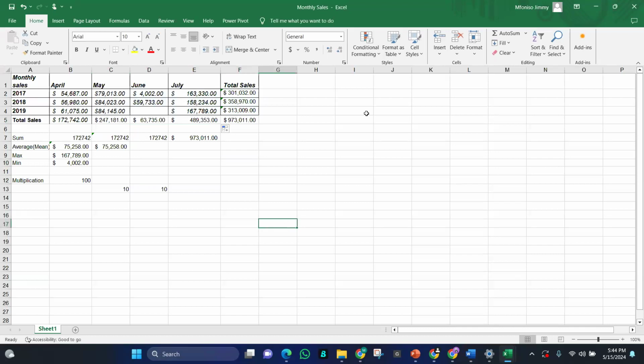So when we are talking about conditional formatting, it means that we have a condition to meet.